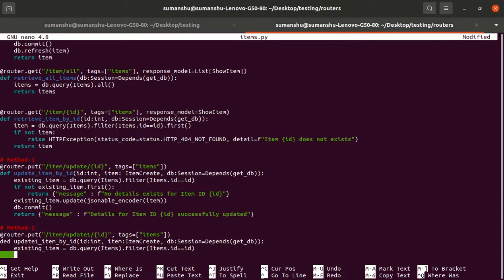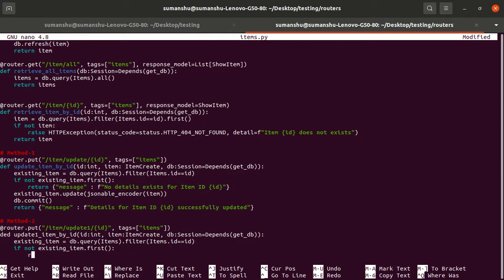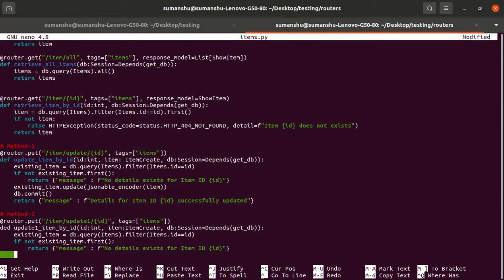Then we check whether it exists or not: existing_item.first(). If it does not exist, we return a useful message, which should be: no details exist for item ID id, right?